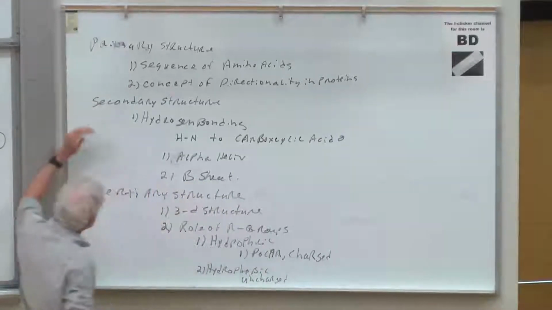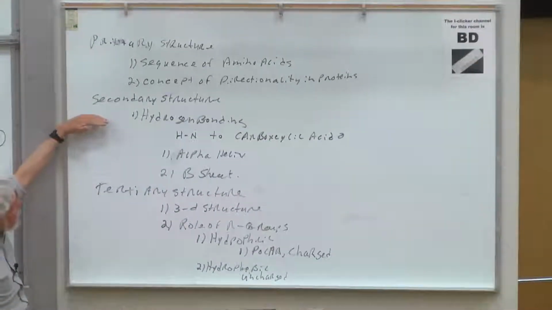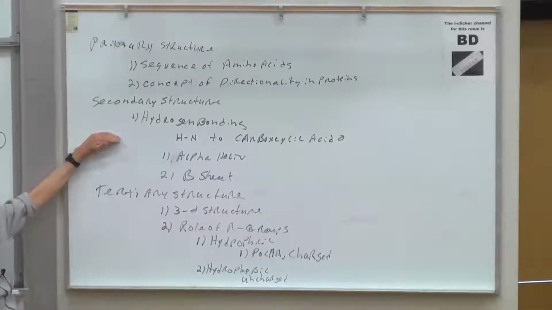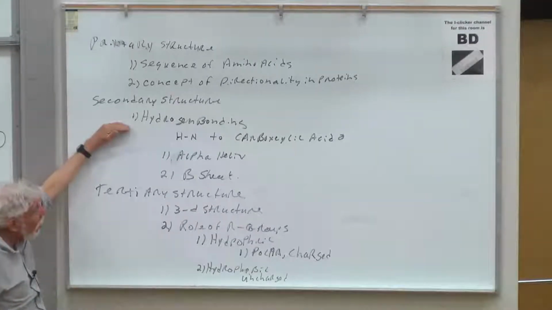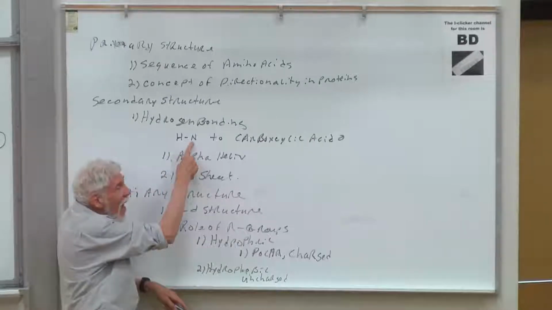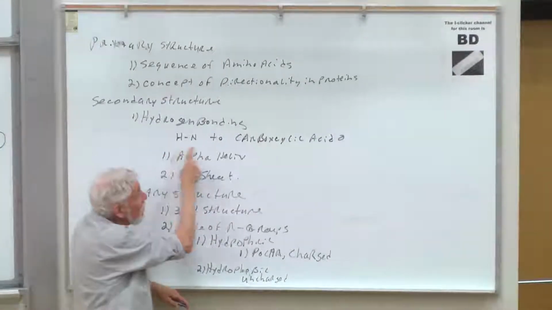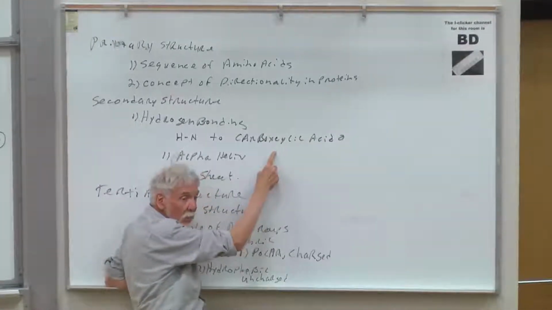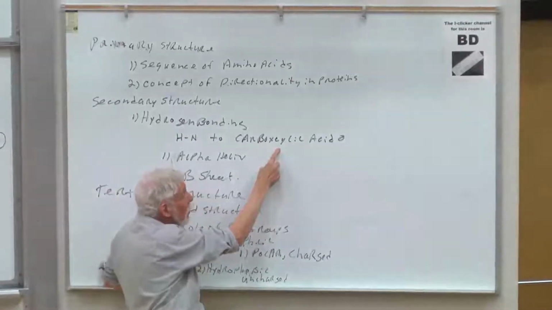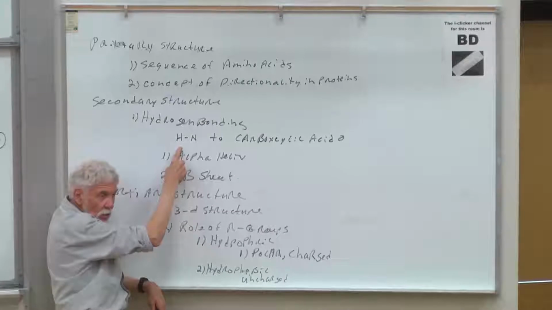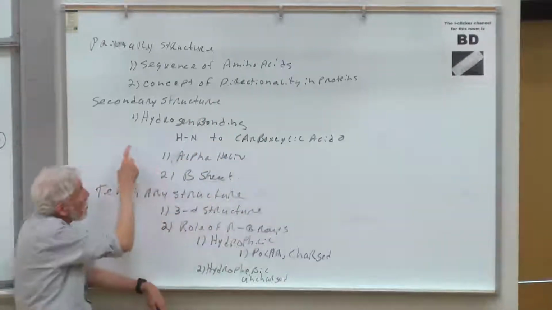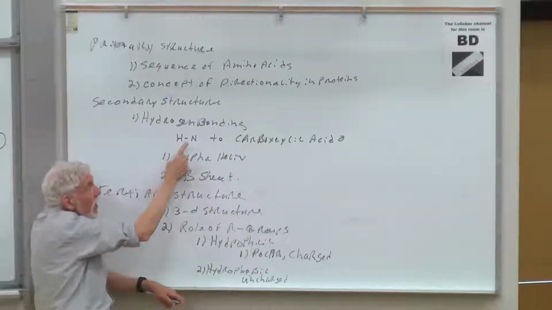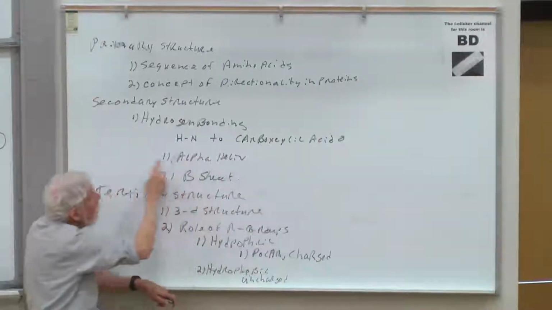The first level of shape that we'll talk about is something known as the secondary structure. The secondary structure derives entirely from hydrogen bonding within the molecule. It derives from the fact that this hydrogen on the amine is positively charged, and the oxygen on the carboxylic acid, the so-called carbonyl oxygen, is negatively charged. We can use the negative charge on that oxygen and the positive charge on this hydrogen to now begin to orient this molecule into a particular shape. We're going to find that this hydrogen bonding between the amino hydrogen and the carbonyl oxygen forms the secondary shape,